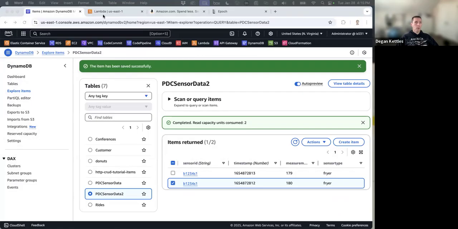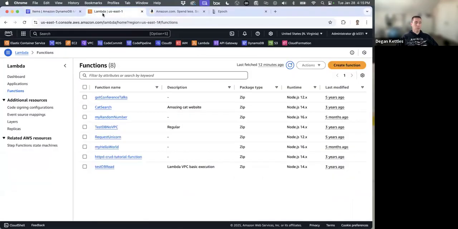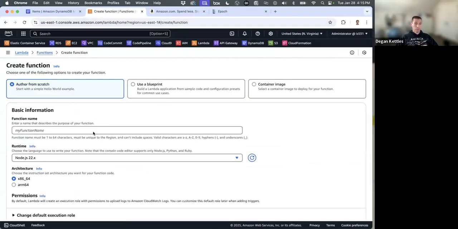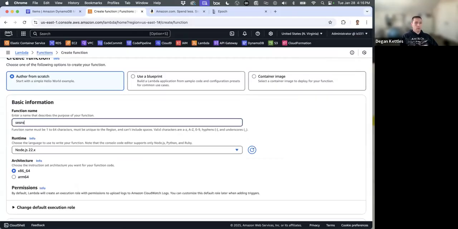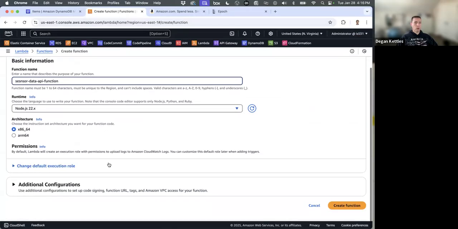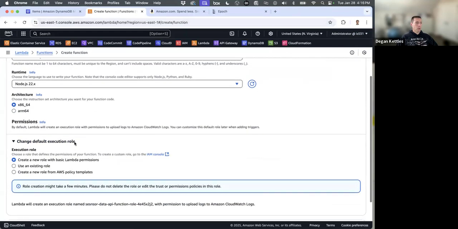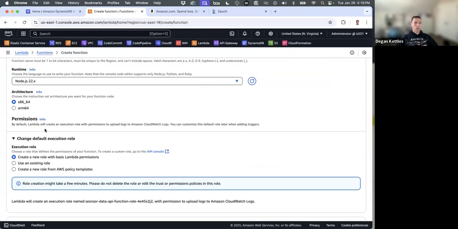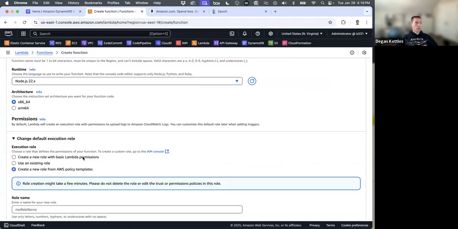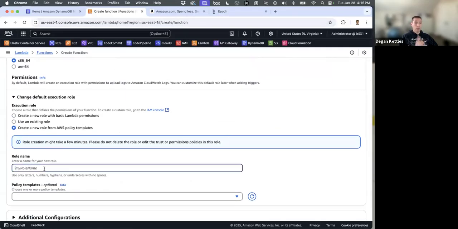All right, next, let's go ahead and create a Lambda function. So I have opened up another tab, and you could use one tab, doesn't matter. And I'm going to create a function, and I'm going to call it sensor data API function, and I will use the latest node. And as far as some permissions go, I'm going to create a new role, and I will call it, that way I know what to clean up later on,